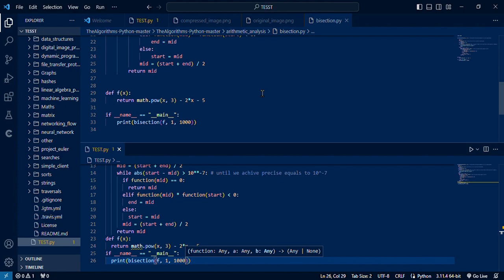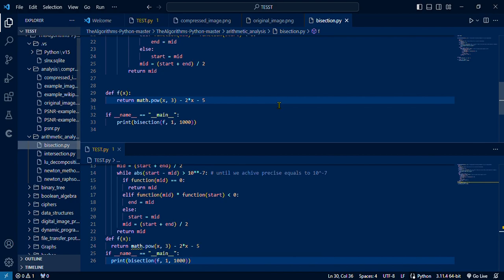Code up here has been coded down here. So next thing you do, you click here, you go to the next code, you drag it, you paste it